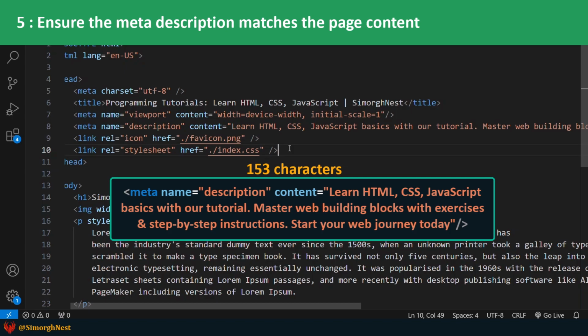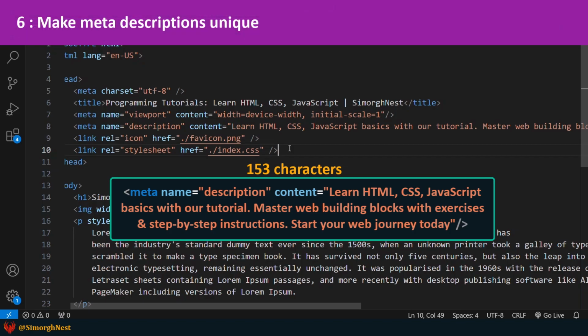Make sure the meta description matches the content of the page. This is very important because if we use misleading meta descriptions to trick users into clicking on our results, Google will know and could punish us. Additionally, misleading descriptions can make more users leave our page quickly and reduce their trust in us, which is not good. Therefore, it's extremely important to have a meta description that accurately represents the content of the page.